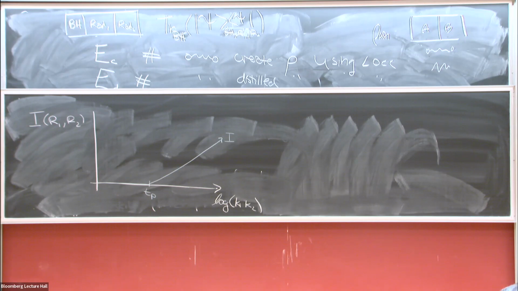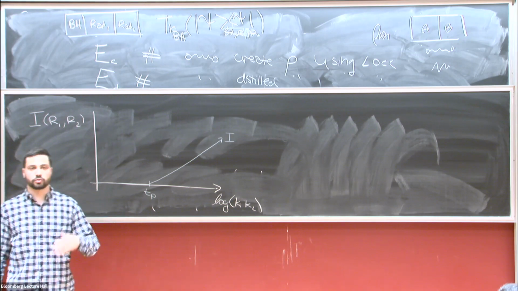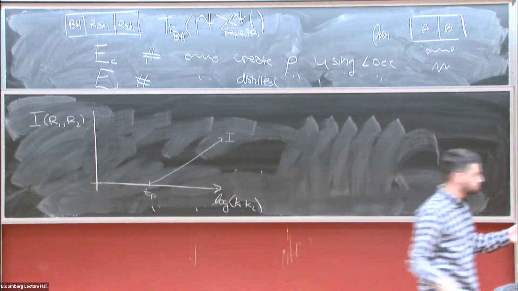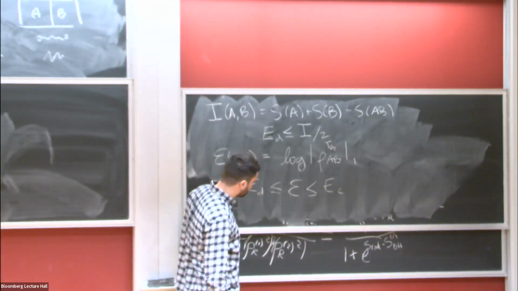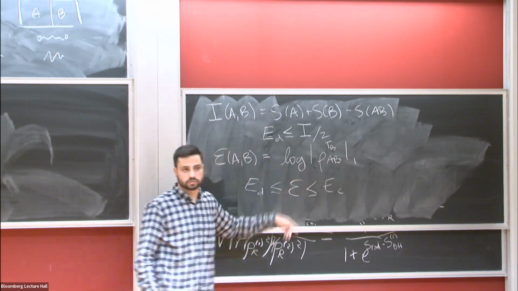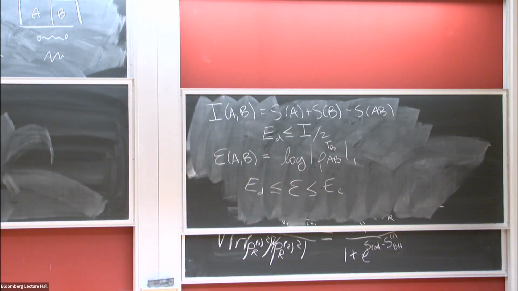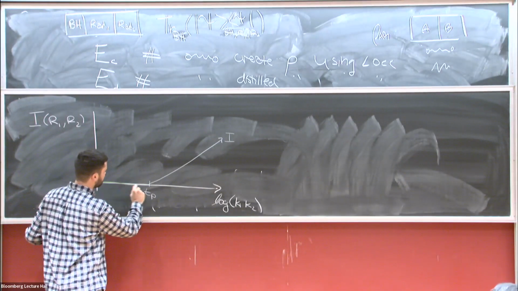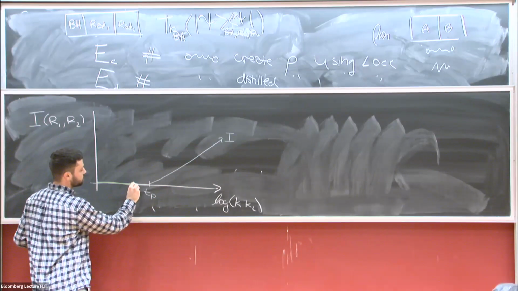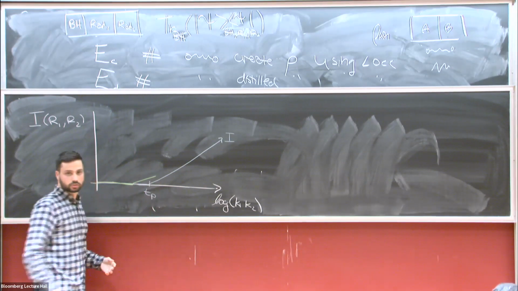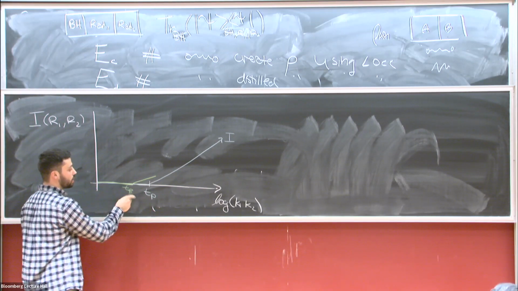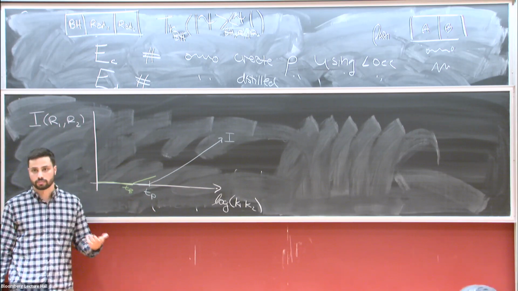So let me skip to the answer, which is you can also compute the full spectrum of the partially transposed density matrix using certain calculations. And that allows you to compute this negativity if you compute this full spectrum of the density matrix. And you find something interesting: the negativity is very small at early times, and then it starts to linearly increase at